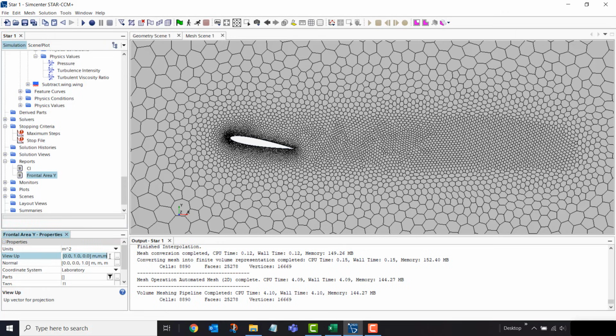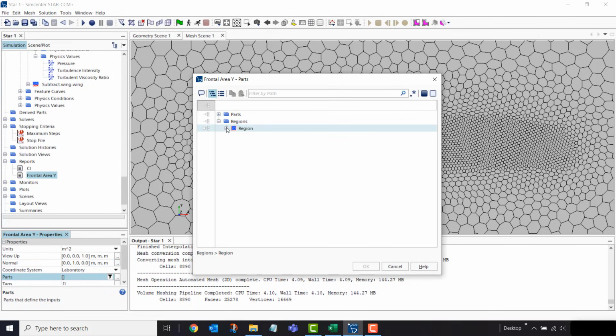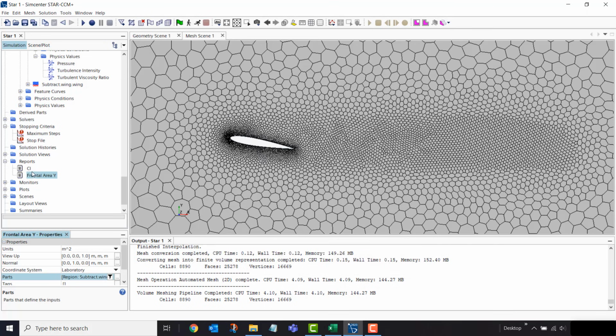For the view up, I'll put this to 0, 0, 1. And for the normal, I'll do 0, 1, 0. So this is X, Y, and Z. And then for the parts I want to apply this to, under Regions, my wing, and hit OK. Now I can go back to my coefficient of lift report,